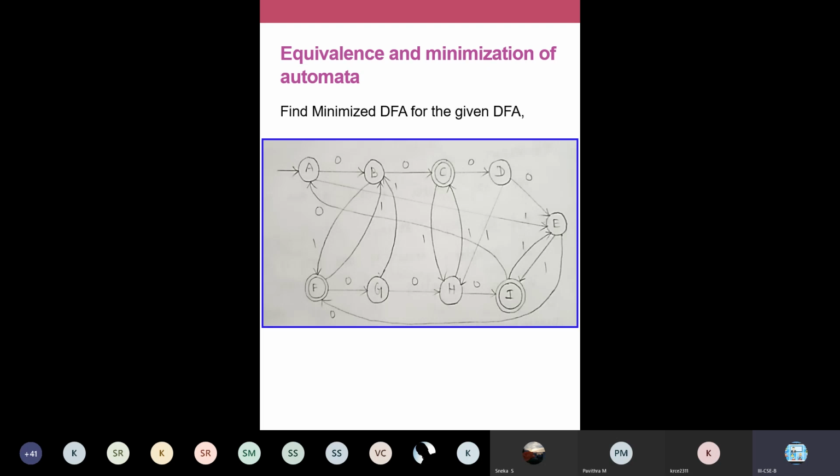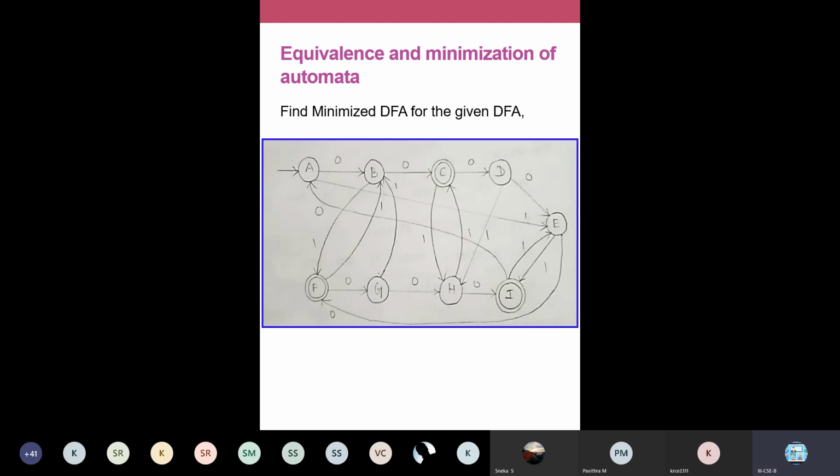So in C, I have to apply a string. In your question, they won't give the string. You have to take the string on your own. Okay, the string will not be given. You have to try your own strings. It is our choice. Okay, so apply a string. For example, 0. Give 0 to C and see what state you get. So it is D, but in this problem we check whether it is an accepting or non-accepting state. Okay, so don't bother whether it is a D or E or F. We check whether it is accepting or non-accepting. You have to check whether it is an accepting or non-accepting state.